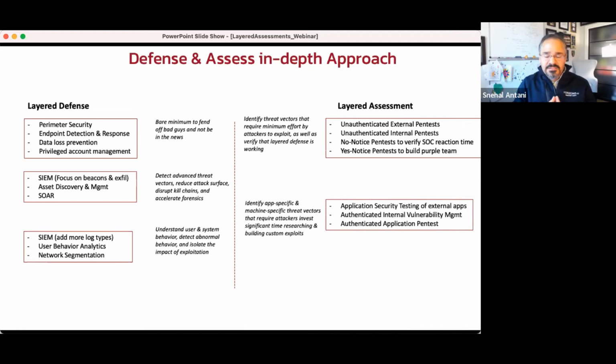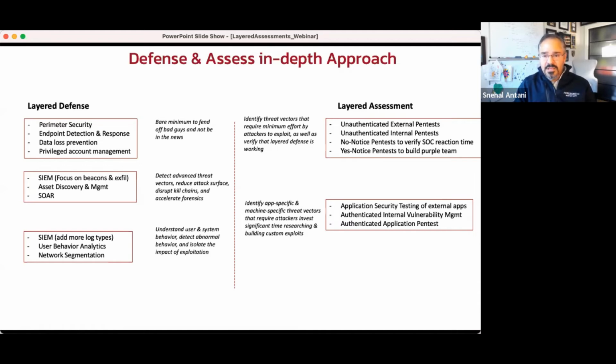The next step is, once you feel comfortable that you've been able to find, fix, and verify the remediation of threat vectors that require minimal effort, you then want to start to shift to test threat vectors that require a significant amount of research by the attackers. So 0 days within your custom applications requires a significant amount of research by an attacker to compromise you. And so the level of commitment by that attacker to go from